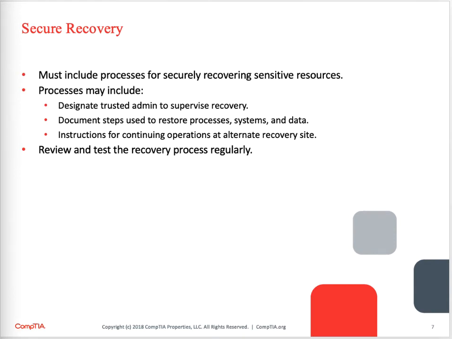Secure recovery. So business continuity and disaster recovery must include processes for securely recovering data, systems, and other sensitive resources, right? So this might mean designating a trusted administrator to supervise the recovery. It also could mean documenting the steps and information used to restore the systems, the processes, and the data needed to recover from this disaster. There might also be instructions for continuing the operations either at a primary site or